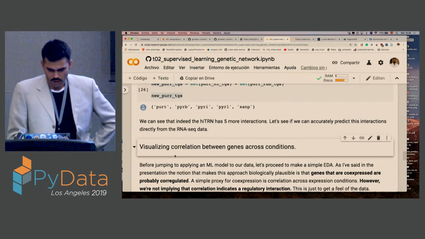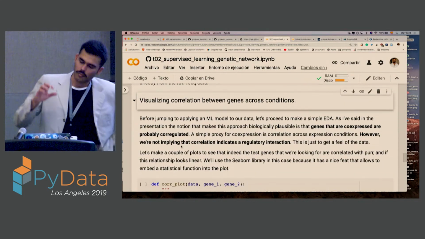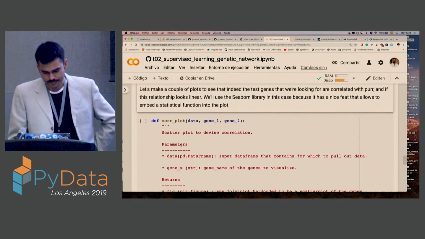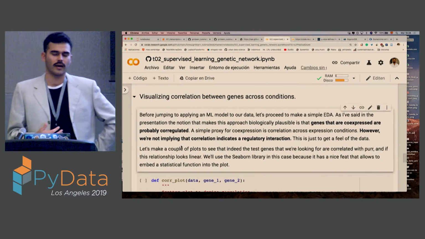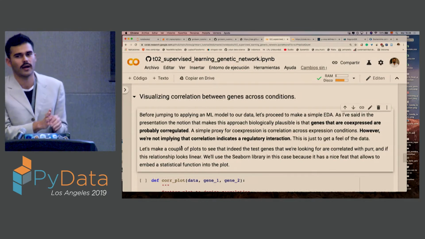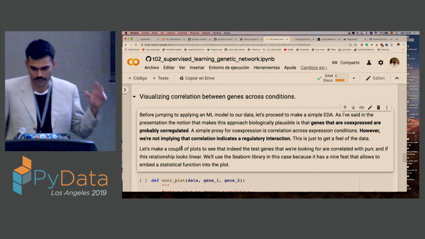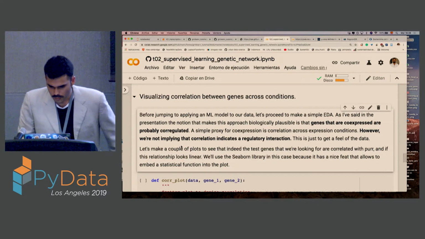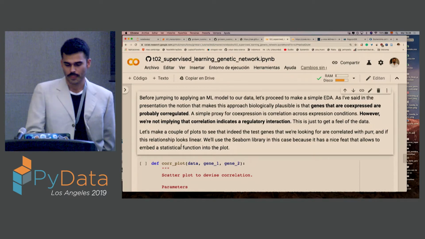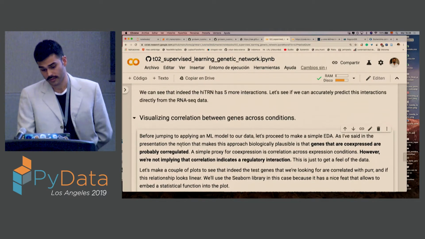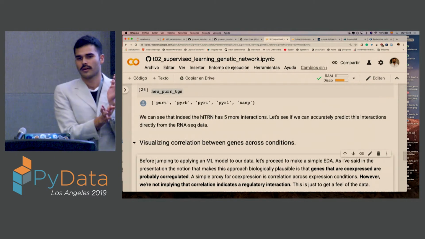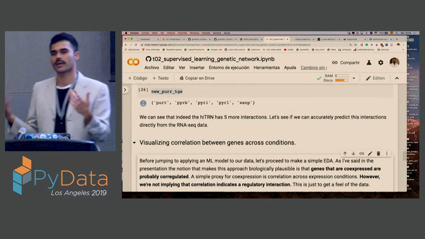And so now I just want to give you more of a sense of how this data set is actually composed. What we're going to see is very simple scatter plots between the genes. This is kind of what I showed you in the slides before. We're going to take all of the genes inside our test set, these 5 genes, and plot them against purine, with the idea that if they're correlated, then we might expect